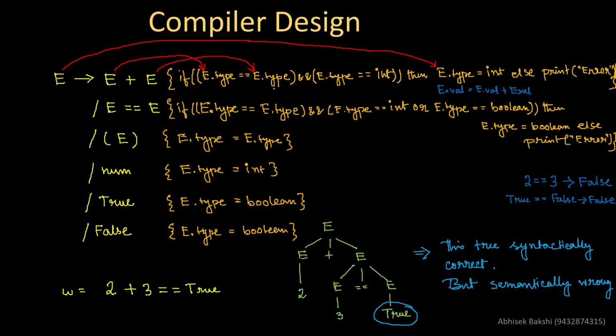So this is all about what we have discussed: a basic idea of syntax directed translation and how we can write rules associated with a production. From the next day, we will first see what the different types of attributes we can have in an SDT are, and we will try to solve some problems where we have to evaluate a string based on the rules presented in an SDT.